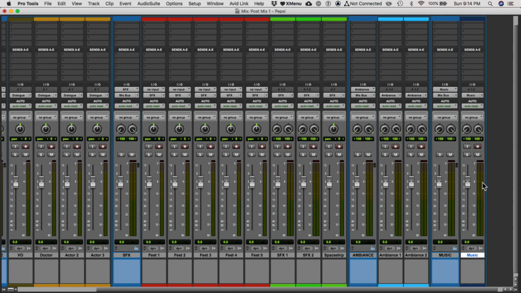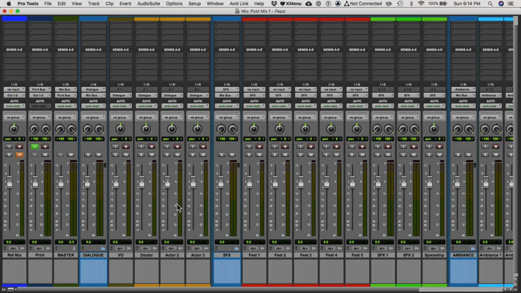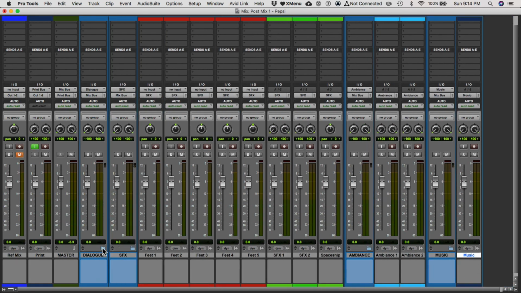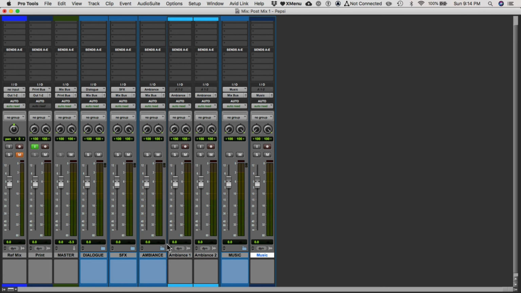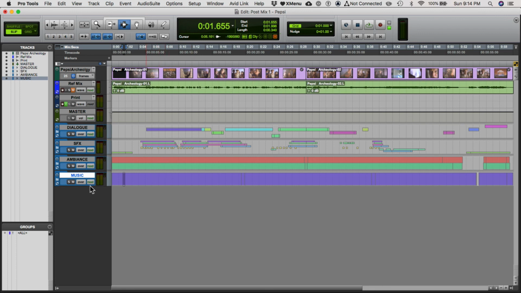Now, as I said, you could have done the routing before or after this step. But this is kind of cool because when your Pro Tools sessions grow and you have hundreds of tracks, you can say, I don't need to see the dialogue right now. I don't need to see the sound effects. I don't need to see the ambience. I don't need to see the music. But all the routing is there, and you can actually see a little consolidated waveform there. So anyway,